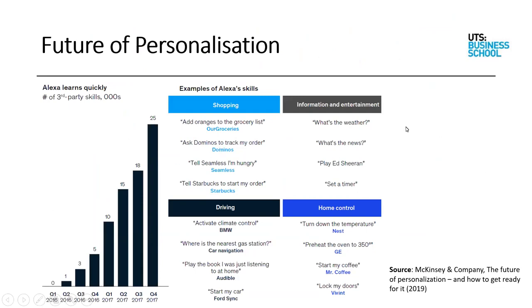Then in terms of personalization. So we talked about personalization. How are the marketers making use of all the information that they are gathering? So a very simple example is that there's a lot of data being collected. We are in the age of big data. We are in the age of analytics. We are in the age of artificial intelligence. And all of that is being processed using machine learning algorithms, which are able to process large amounts of data. And that is being used to design products to cater to the needs of customers,